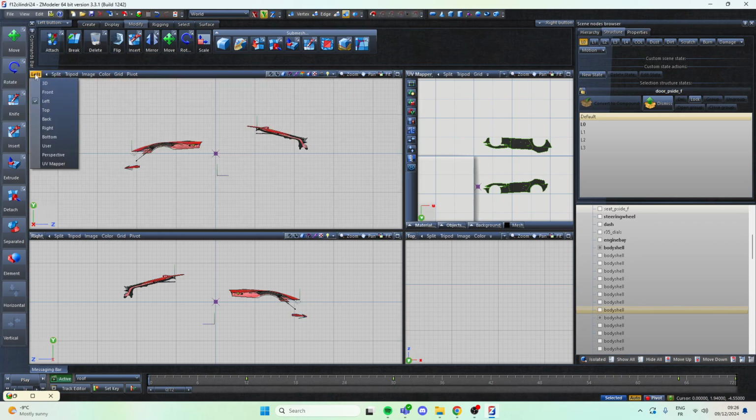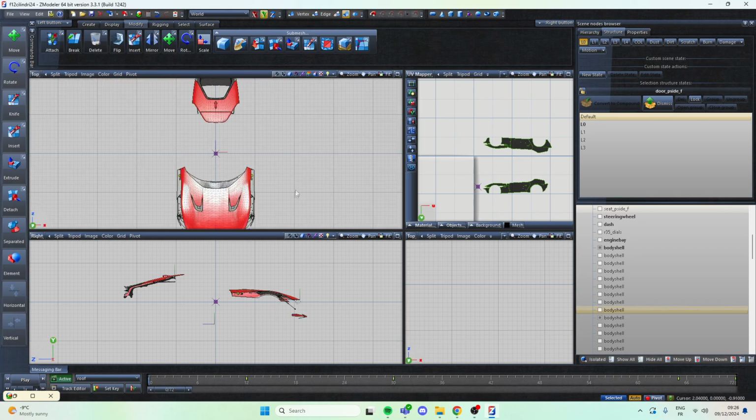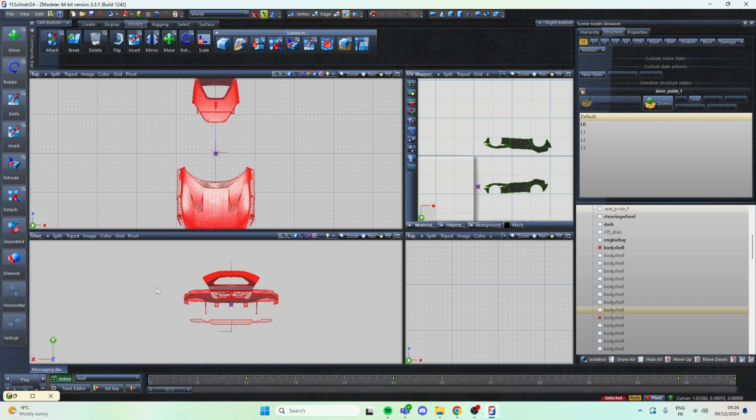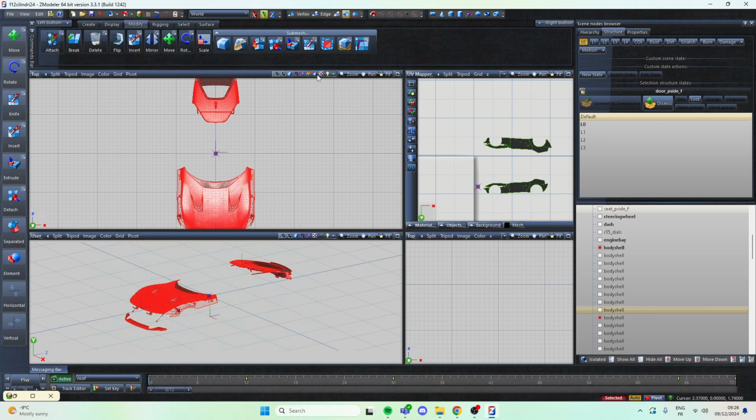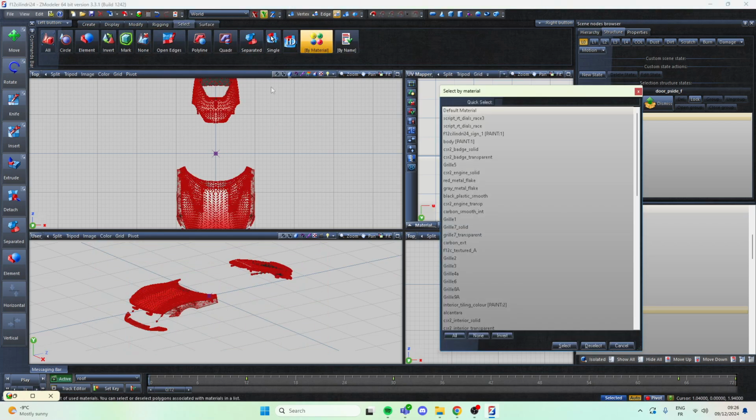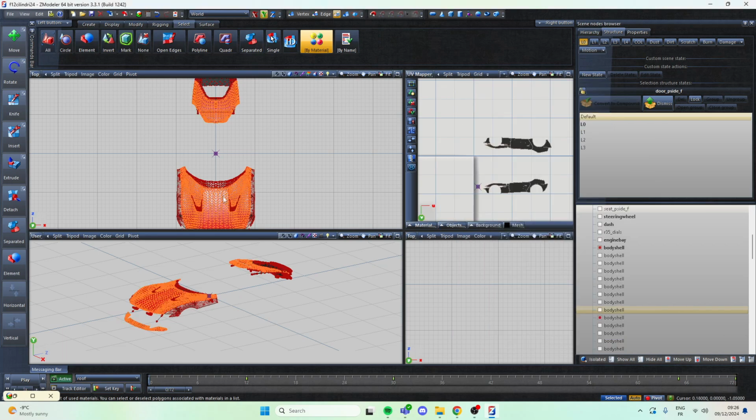So now go into top view and basically repeat the same steps as before. I usually go into user, so it's easier to select everything. Go into polygon, select paint,